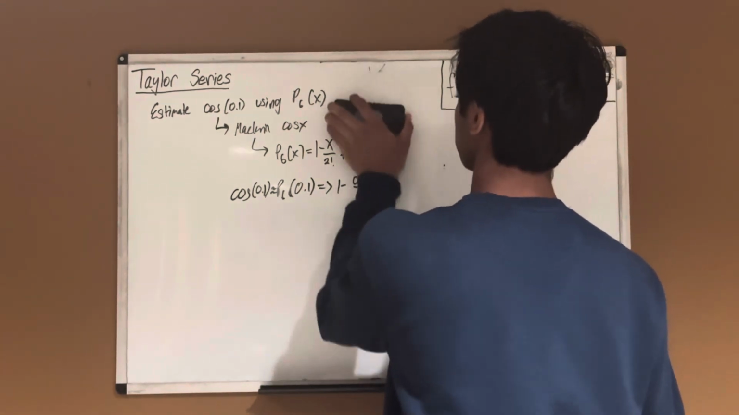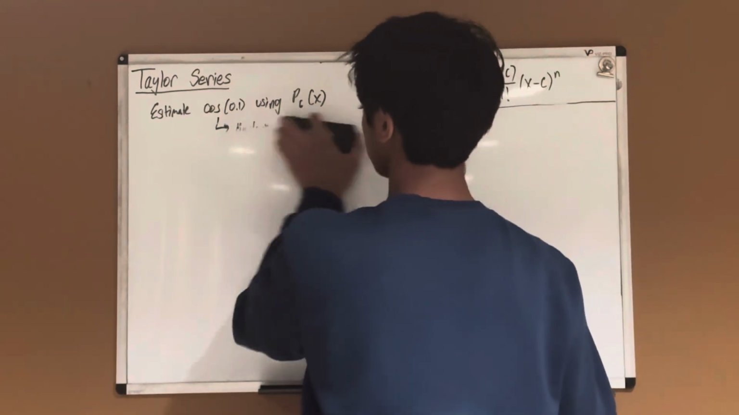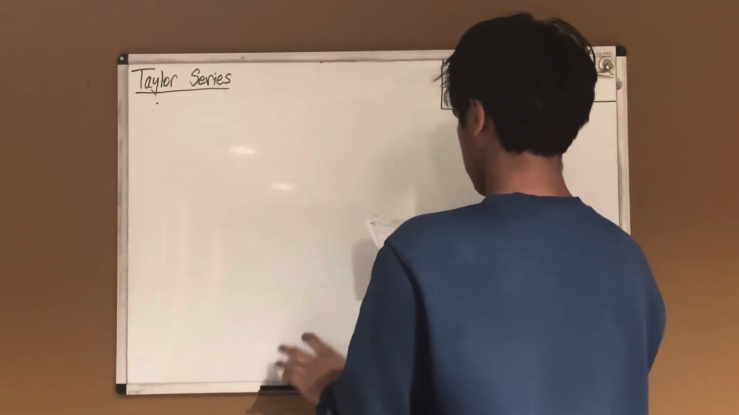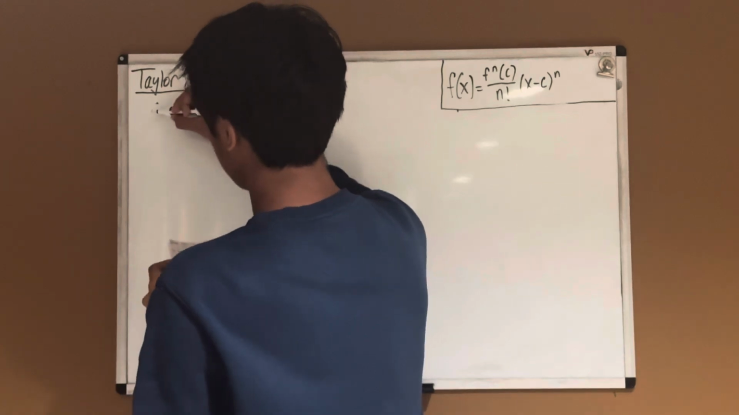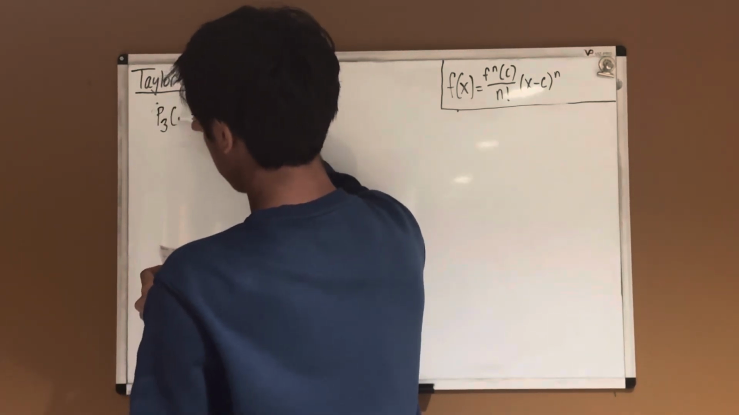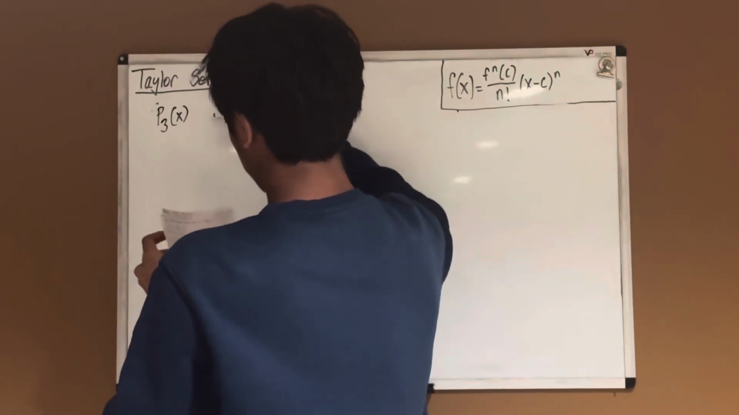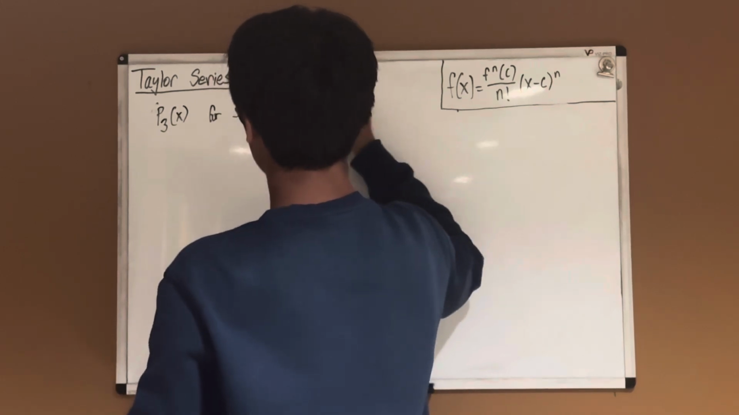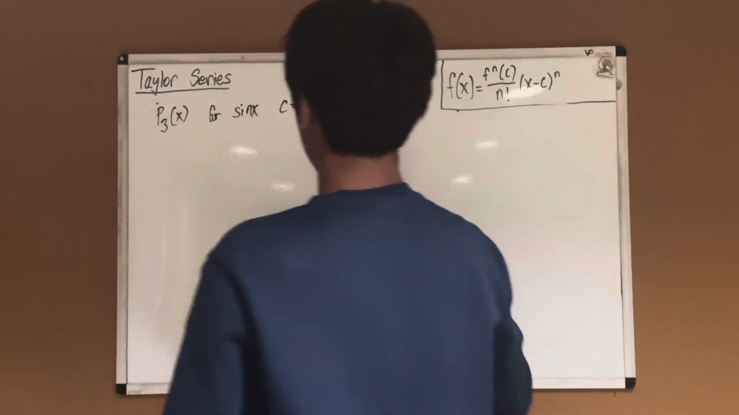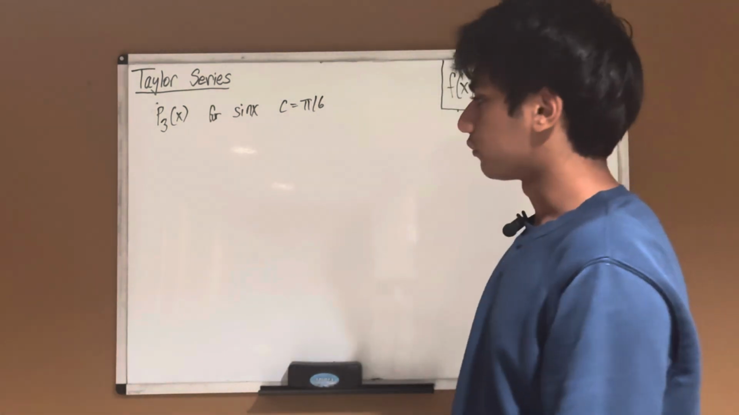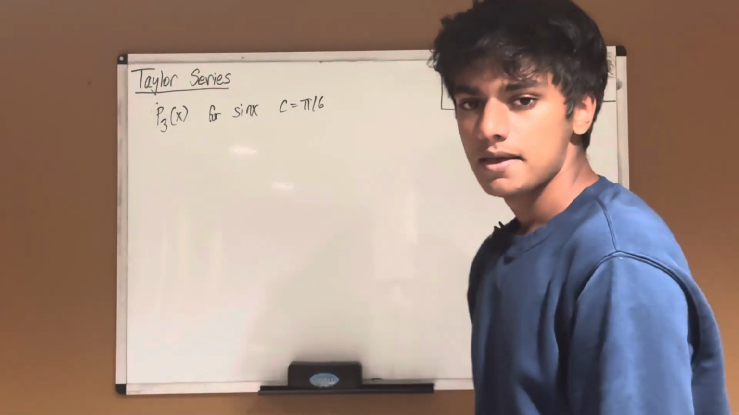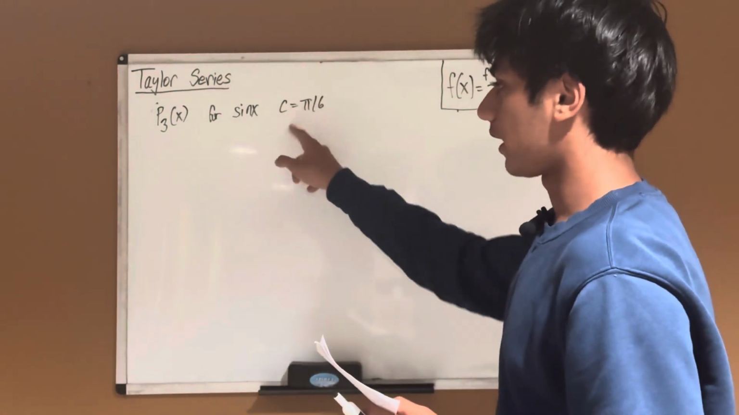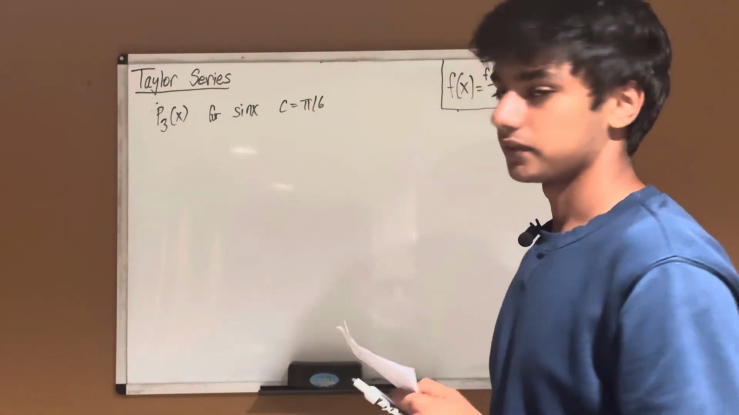Next, let's try out this problem. Let's say we're trying to find the third degree Taylor series for sine of x about c equals pi over 6. So the center is pi over 6. In this case, we can't use one of our memorized formulas because those only work for Maclaurin series, which are centered at 0. And since this is centered at pi over 6, we have to figure out the Taylor